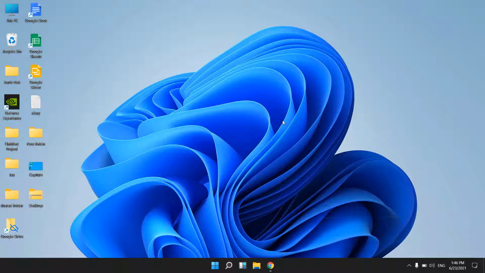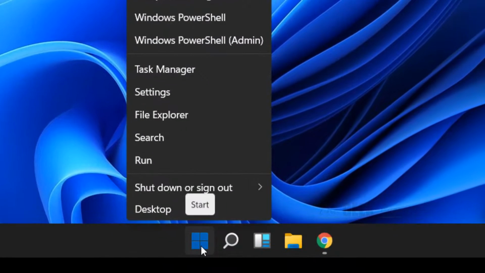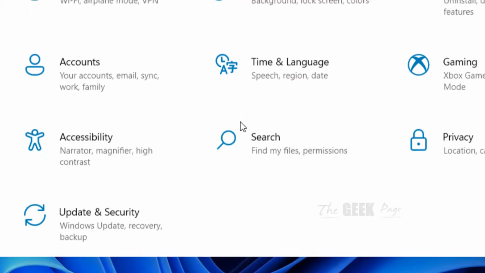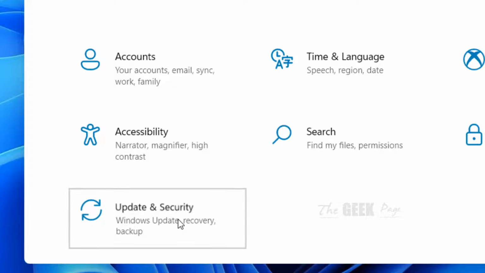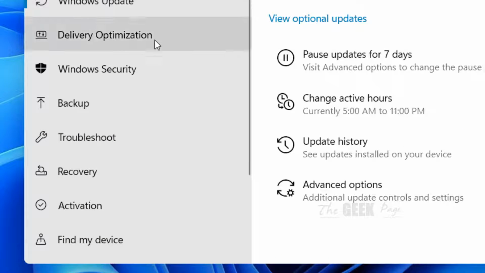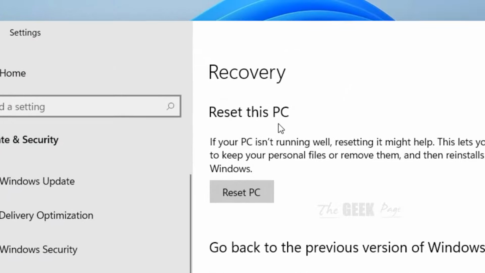Hi guys, so let's see how to do a factory reset on your Windows 11 computer. So first of all, right click on the start button and then click on settings. Now click on update and security, and now from the left menu click on recovery, and now here under the reset this PC section click on